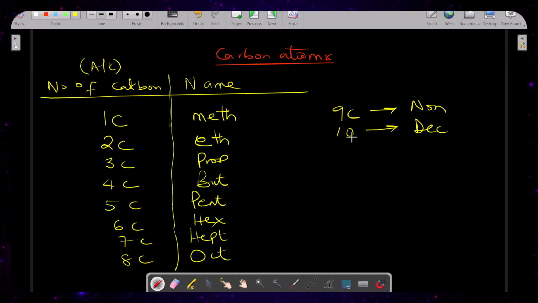Now, since you've understood what you call the number of carbon atoms, what exactly are we going to be talking about? Because I will still make use of this number of carbon atoms when I start naming all these organic compounds. So I'll make use of them. Before I talk about that now, let me start from the first part of the chemistry that we have here now. Let's start with what we call the